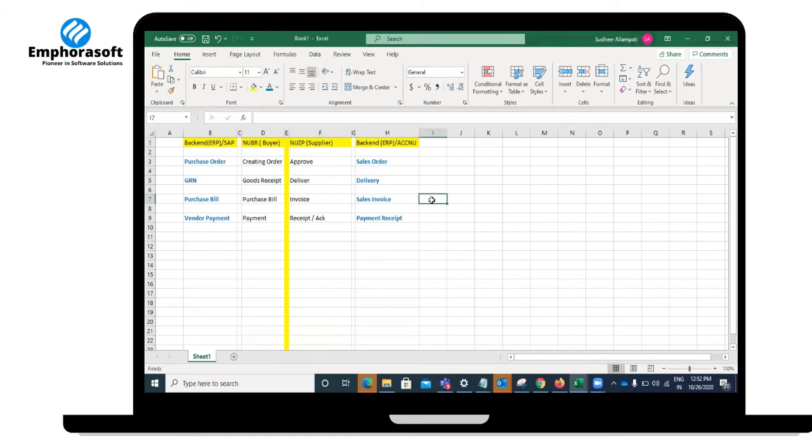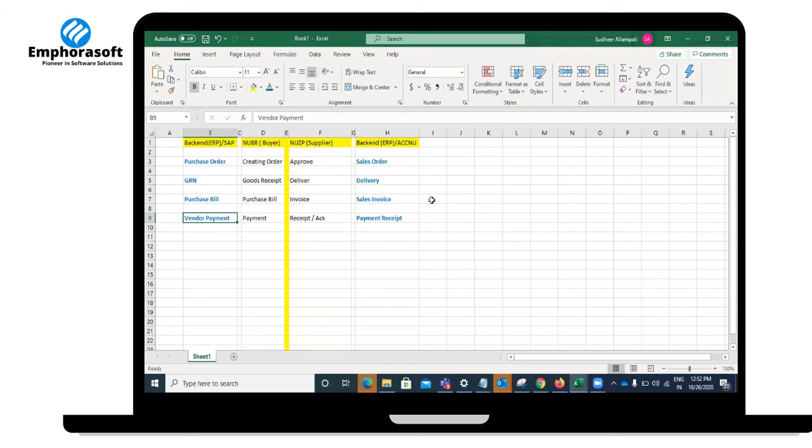For one transaction in ERP, on the supplier side there are four transactions: sales order, delivery, invoice, and payment receipt. Similarly on the buyer side: purchase order, GRN, purchase bill, and vendor payment. These are the four transactions.